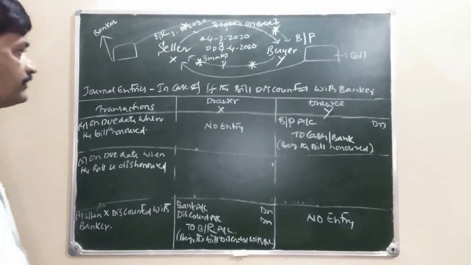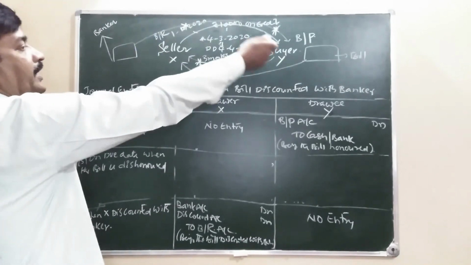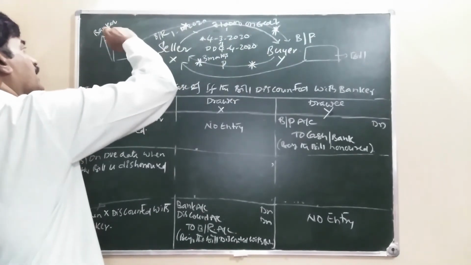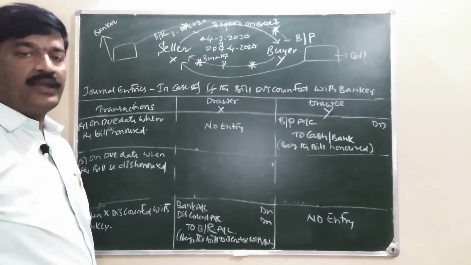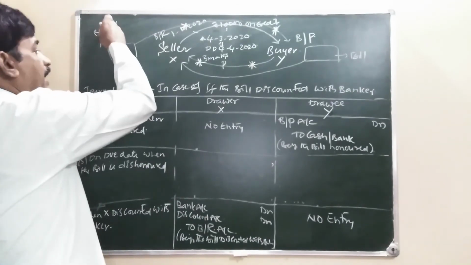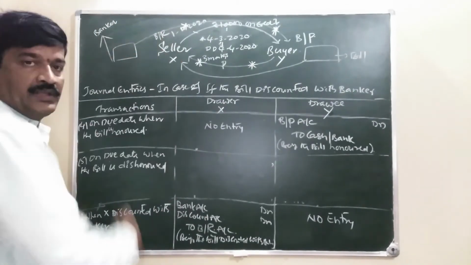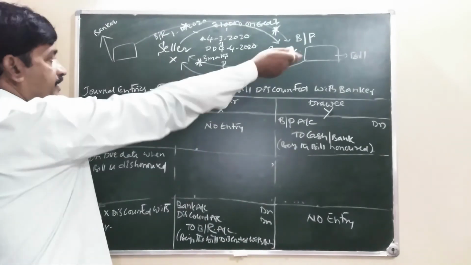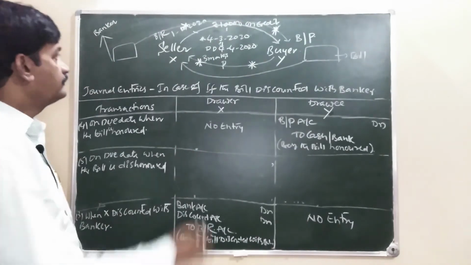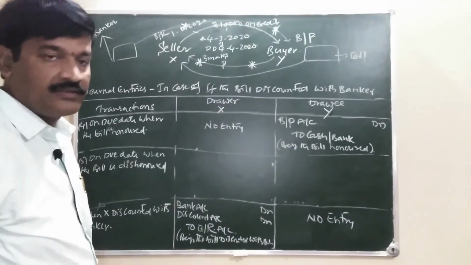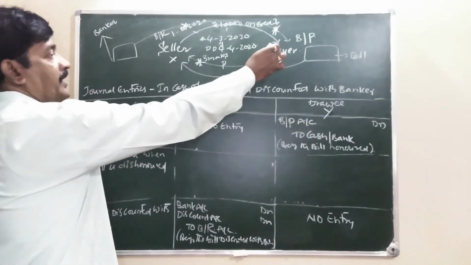Dishonored means on the due date the buyer has not paid the amount to the banker. Then on the due date the banker gives intimation to the seller: your party has not paid the money. Then the seller goes to the place of the buyer